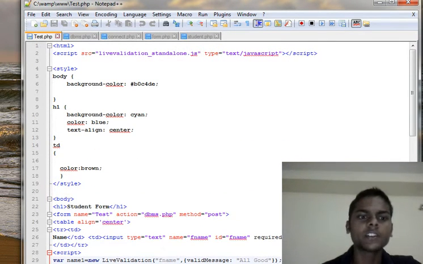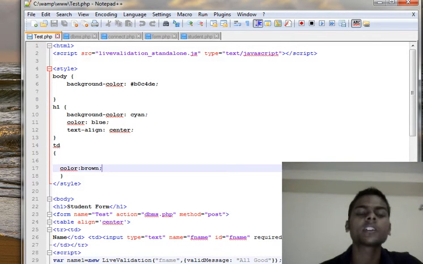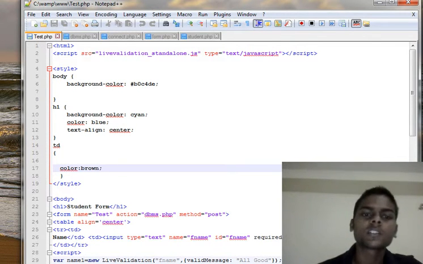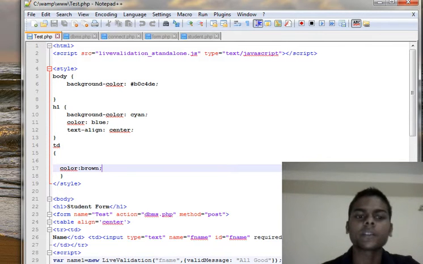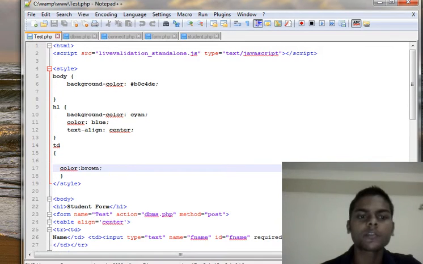And the TD section, here TD is the column part of the table. Here I am describing the color of the column text. The text of the columns will be shown in brown color.